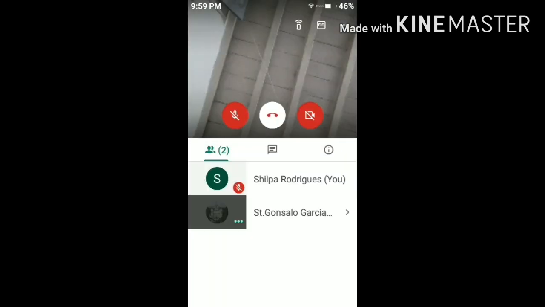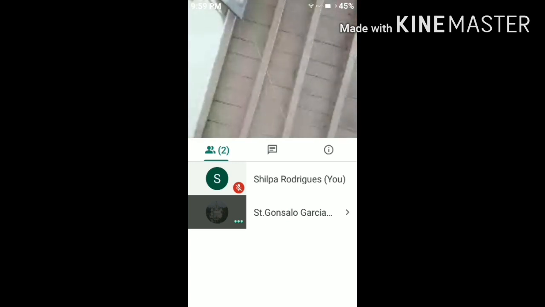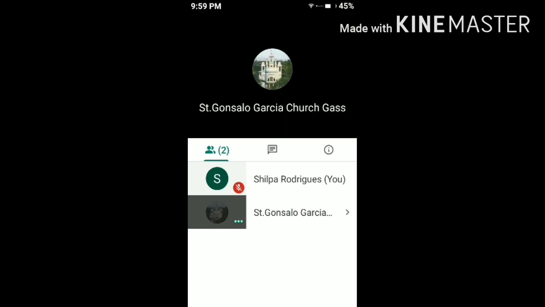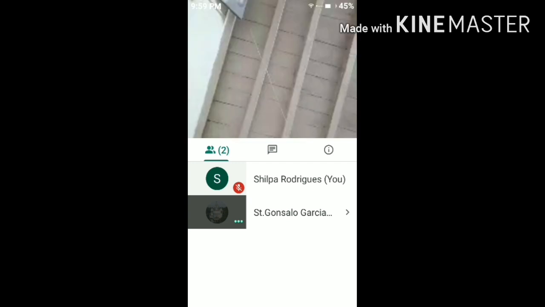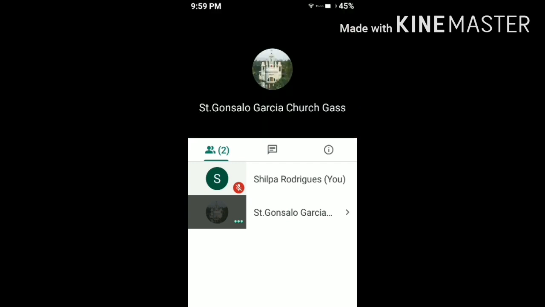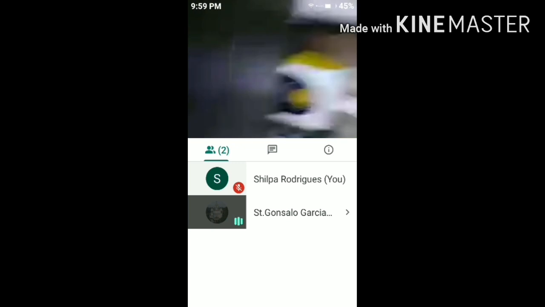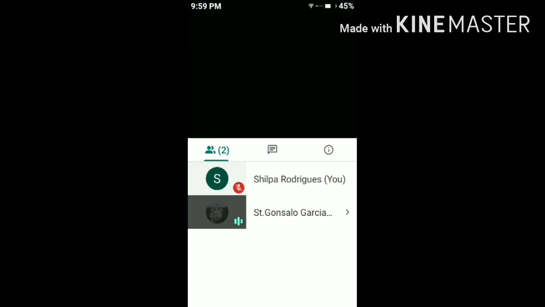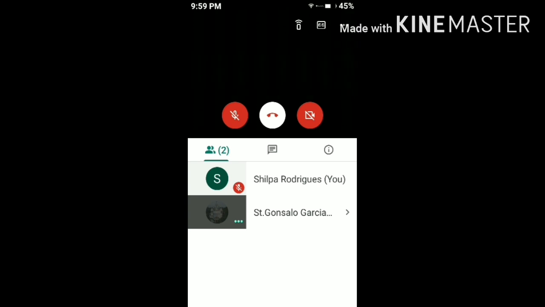So now we enter into the room. Here you will see two sections. In the lower section, that is in white color, you will see the list of participants, and in the upper section you will see the speaker or the screen presented by the speaker. If you are a participant, then touch the upper section and check that your mic and your camera is off. That means it is in red color.